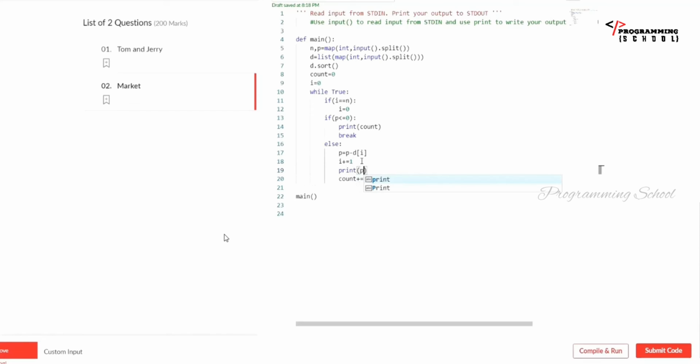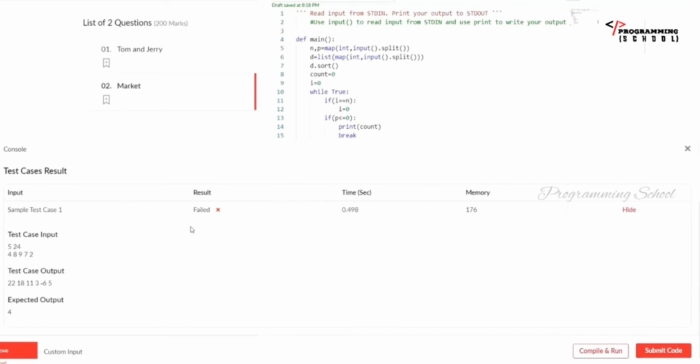I'm going to print what the p value is. Always I'm going to search for this first of all. Just observe here, the value is going to be 2. First of all, I'm going to sort it, right? In the sorted way, this is going to be 2. 24 minus 2, that is going to be 22. 22 minus 4, that is going to be 18. 18 minus 7, that is going to be 11. 11 minus 8, that is going to be 3. 3 minus